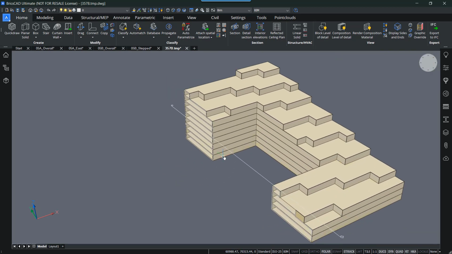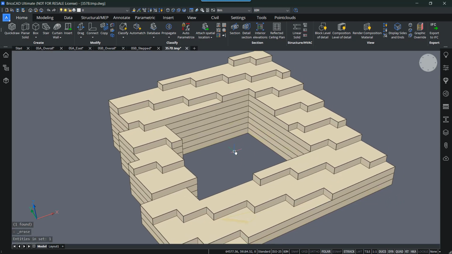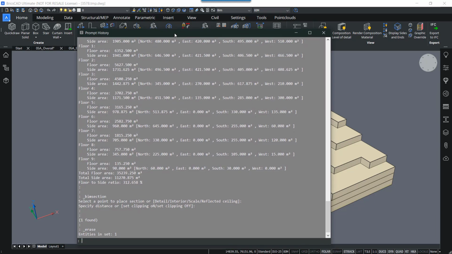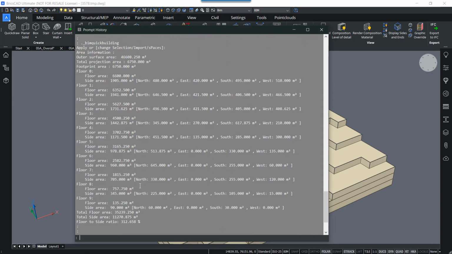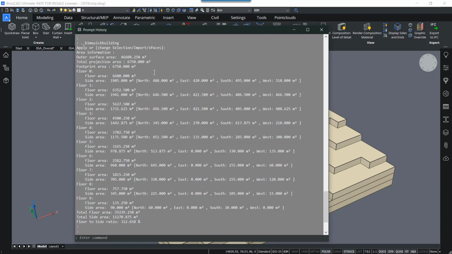So this is what QuickDraw does. It will automatically hollow out and create the spaces, slabs, walls, rooftops, and so on, and give it a classification as well. You can also go ahead and open up the command line, and here for each and every floor it will also give you some feedback about the area, the footprint area, total projection area, surface area, and so on.